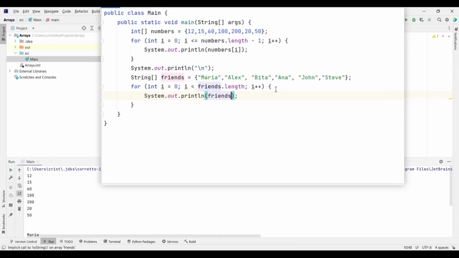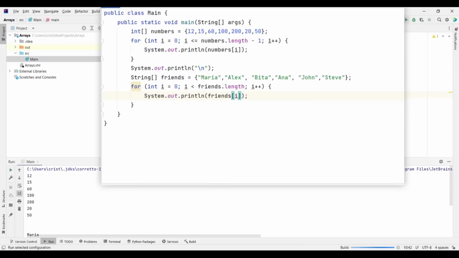So I'm gonna put square brackets i, and that is gonna return us the element at this specific index. So first the i is gonna be 0, we'll get the element Maria, then i is gonna be incremented to 1 and we'll get Alex, then i is gonna be incremented again and we'll get the next one, and so on until it reaches the last element, the condition fails, and the loop stops execution.